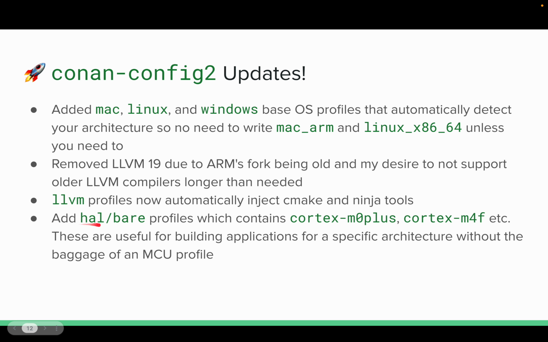And then finally, I've added in HAL bare profiles. So these are profiles that have the OS set to bare metal, and they just have the architecture set. In this case, we have Cortex M0+, Cortex M4, so on and so forth. I'm actually going to say one thing before I move on. I noticed, I forget where I saw this,